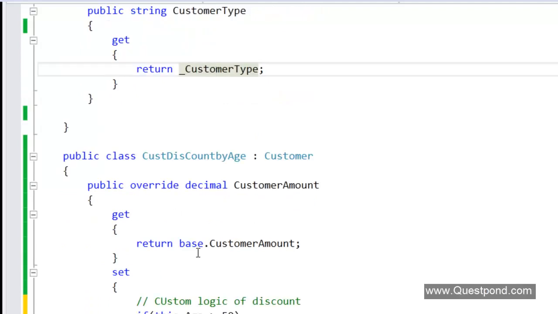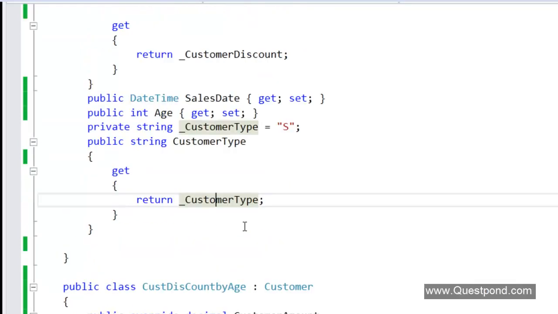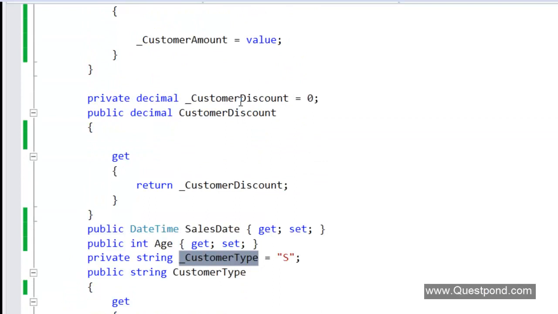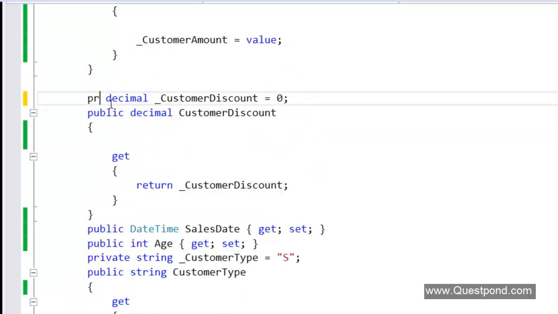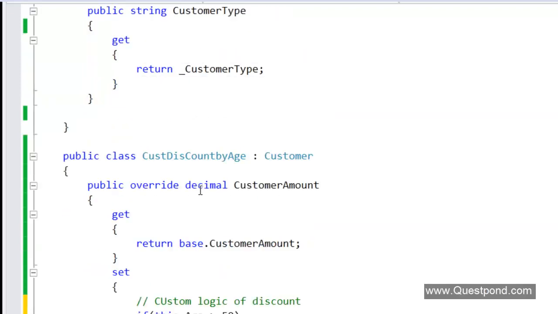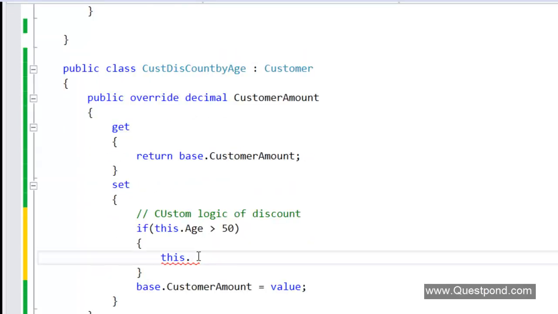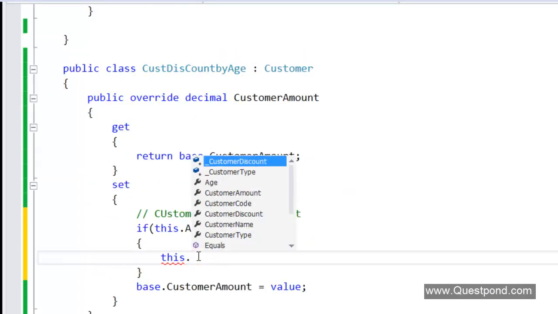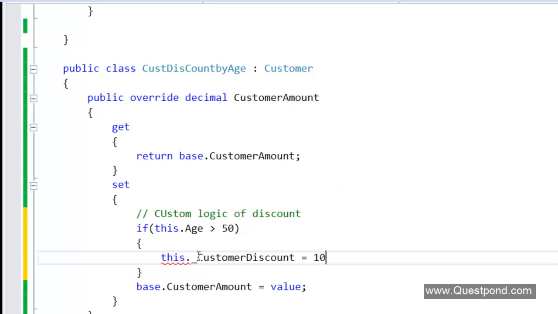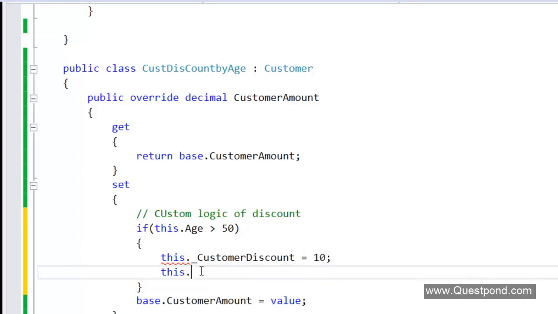But now, because the child classes need to access the customer type and the customer discount, rather than making this private, I will make it protected. By making it protected, I can now access those variables. So I can say this dot customer discount is 10% and this customer type is calculated by using the age discount.